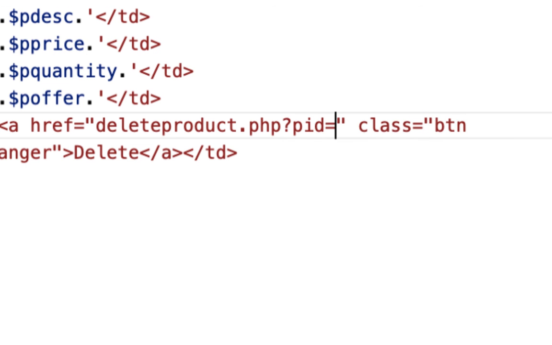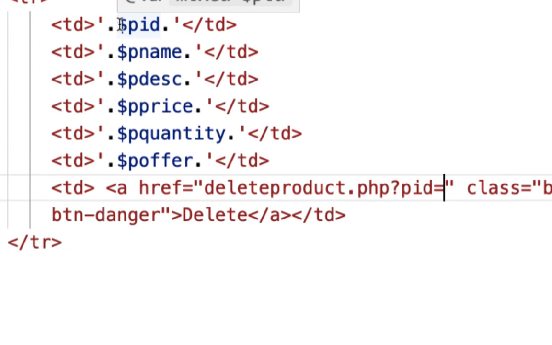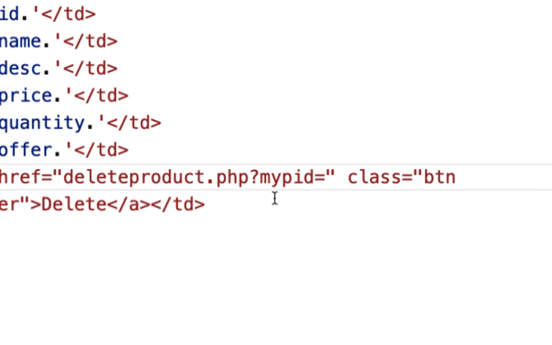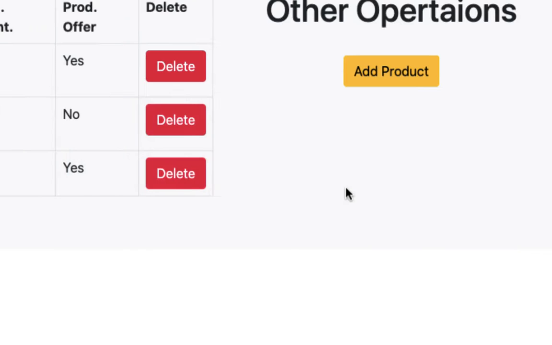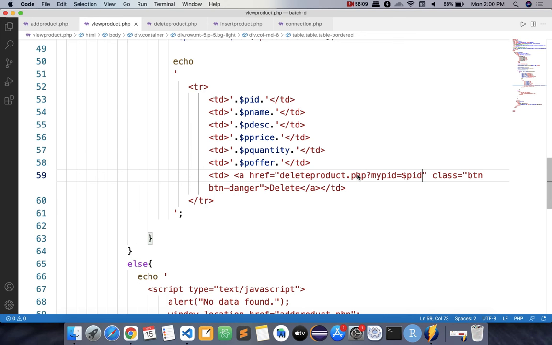So equals to, and the value which you want to send is this $PID. ये आपने नाम दिया. आपको अगर कंफ्यूजन हो रहा है तो इसको कुछ माई PID लिख देते हैं, माई प्रोडक्ट आईडी. अब जो वैल्यू भेजनी है वो आपने डबल यहाँ पे $PID में भेज दी. Now save this, go back, click on the delete button. Sir, एक minute, double quotes.